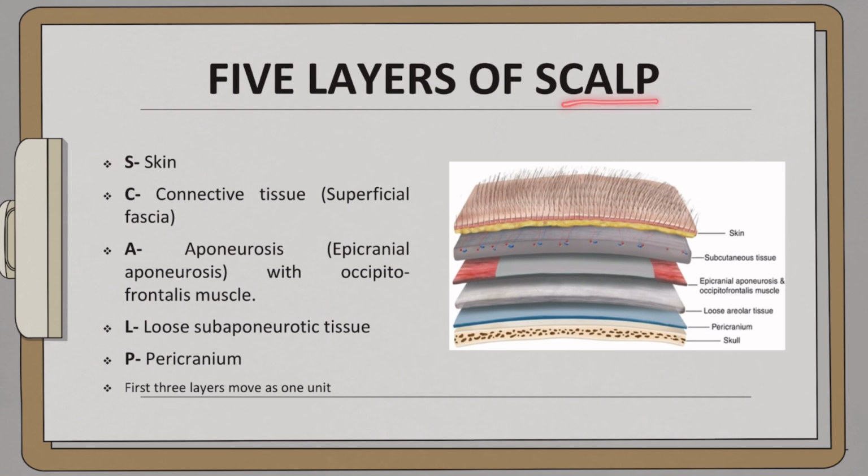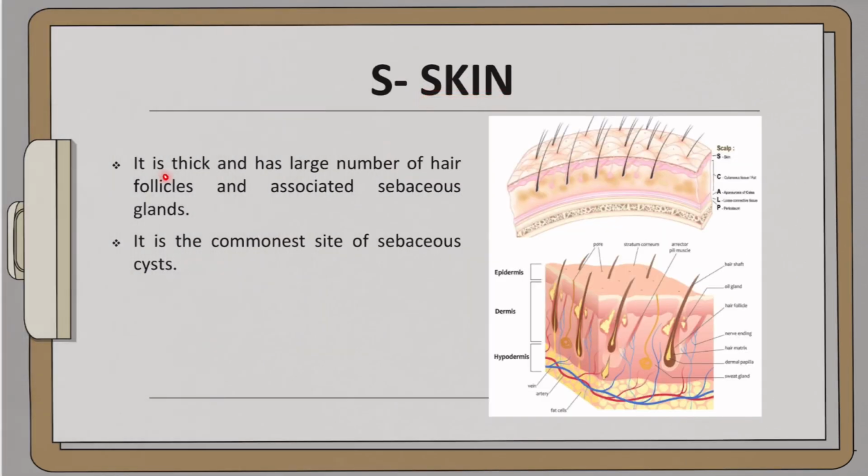The scalp has 5 layers. These are skin, connective tissue, the third layer is the aponeurosis or Galea Aponeurotica, also called epicranial aponeurosis, with the muscle known as occipitofrontalis muscle. The fourth layer is loose subaponeurotic tissue. And the last layer is the pericranium. So you can remember scalp with the word SCALP: skin, connective tissue, aponeurosis, loose connective tissue, and the pericranium. The skin of the scalp is thick, almost 1 mm, and it has